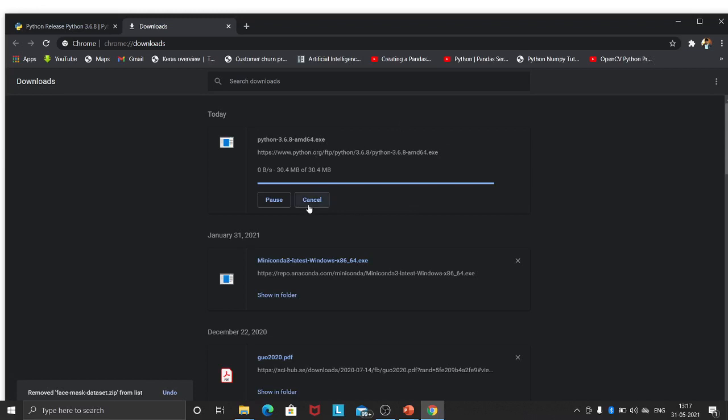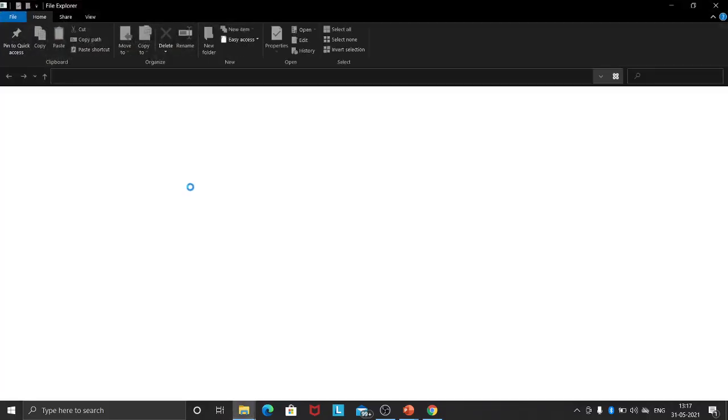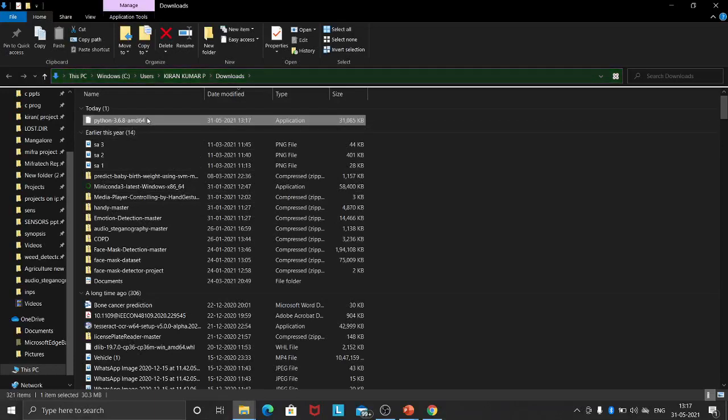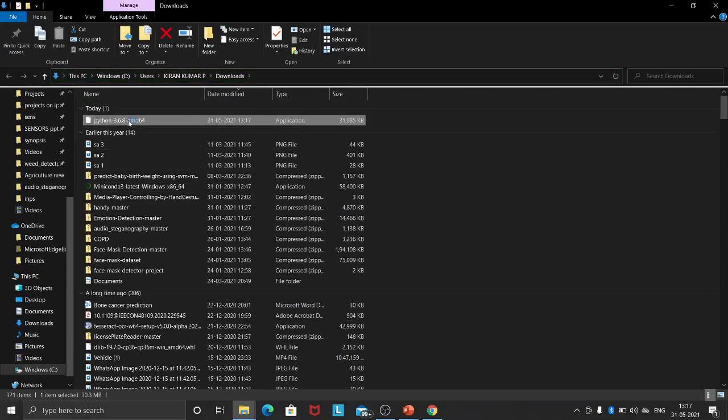Now it is downloaded. Just click on show folder. See, this is the Python 3.6.8 that was downloaded. So just double click on this one.